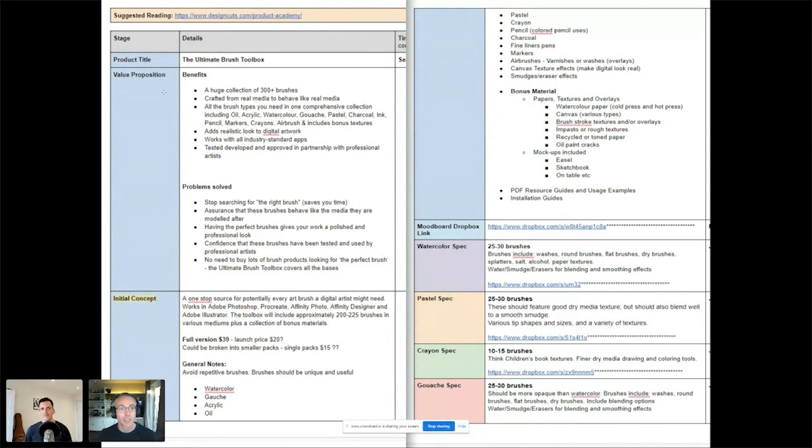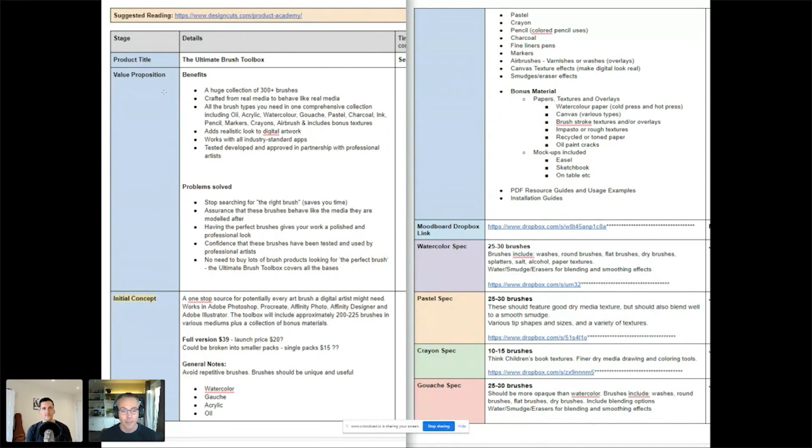What's the value proposition? Well, the value proposition is the benefits of using that product, the differentiators of using that product, and the problems that product will solve for the customers. It's a really, really powerful tool because it can keep you on track for making your product. And you can also use it within all your marketing material at the end. You can use it in your product overview. You can use it in your previews, etc.